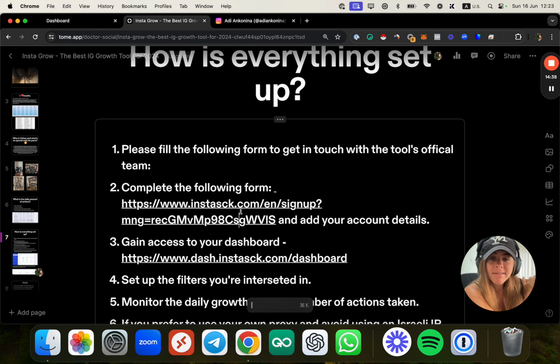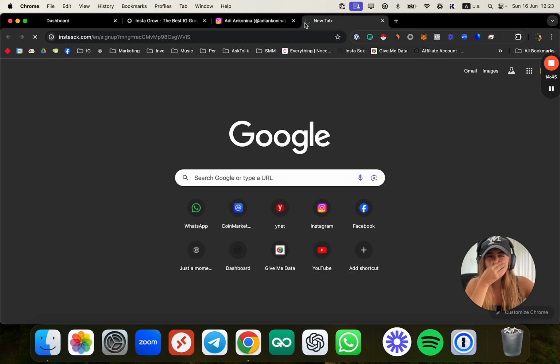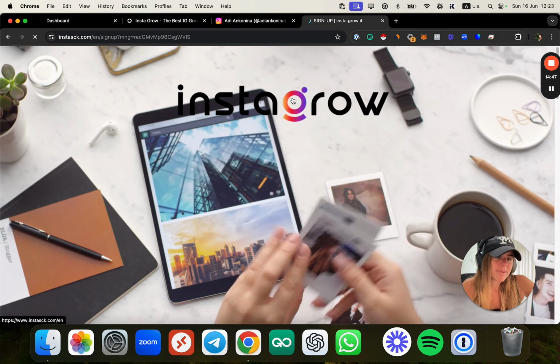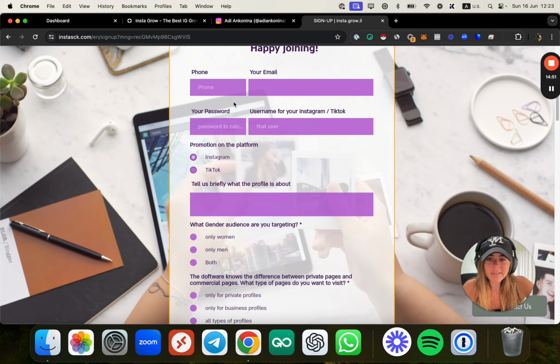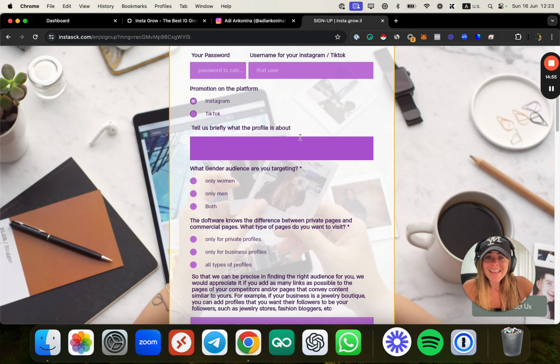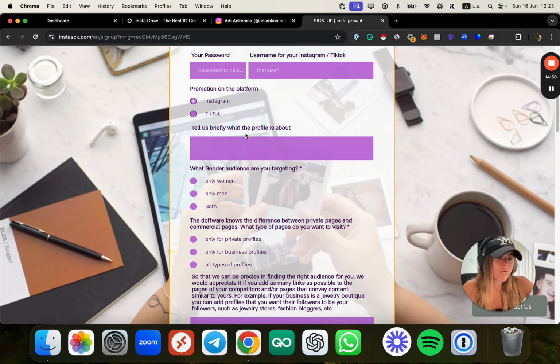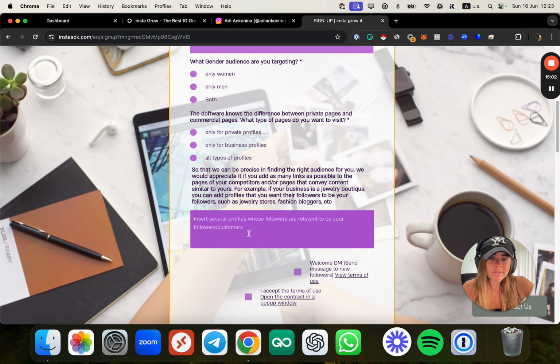Then basically they have a form like that where you need to add the accounts. I will show it to you very quickly, but it depends how many accounts you have and stuff like that. You just add your details over here. You can choose if you want Instagram or TikTok, which is nice. Tell briefly about the profile, the client we speak about, gender, all type, and of course add targets,